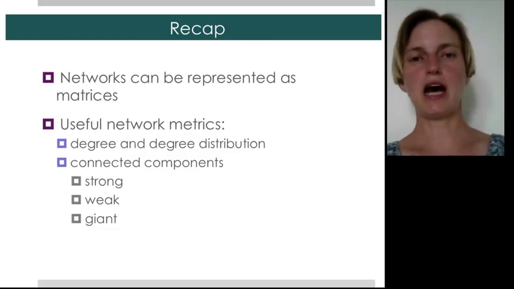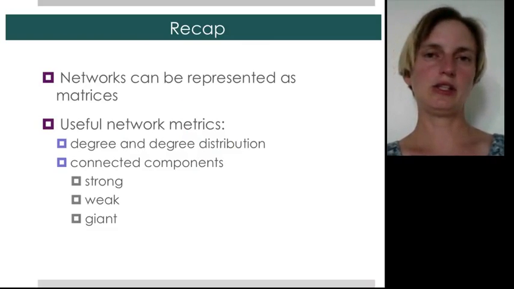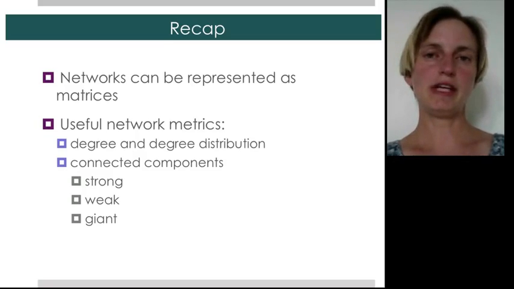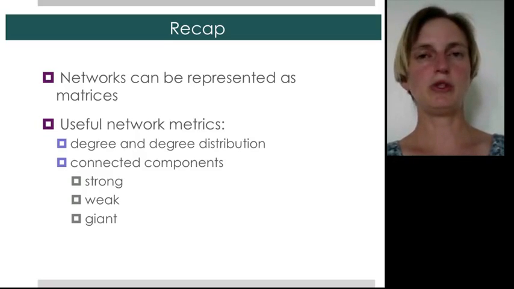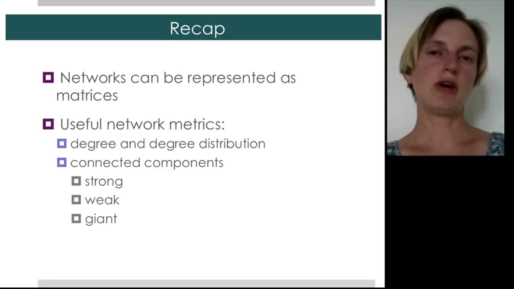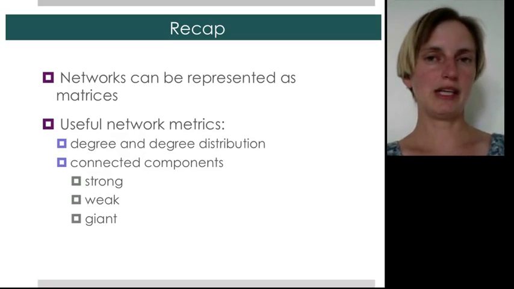So just to recap, what we showed in this mini lecture is that networks can be represented as matrices, or adjacency lists, or edge lists. And we talked about useful network metrics that we're going to start out with. This is the degrees of the individual nodes and the degree distribution of the network overall. And then we talked about connected components, strongly connected components and weakly connected components